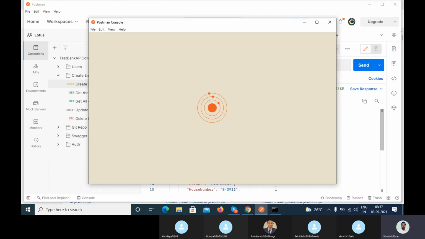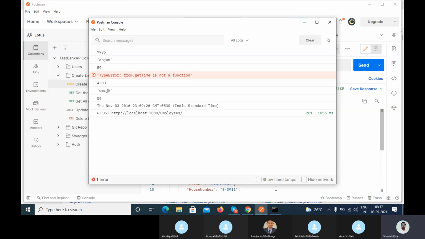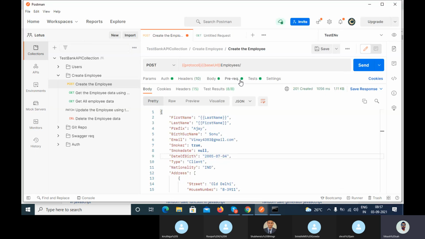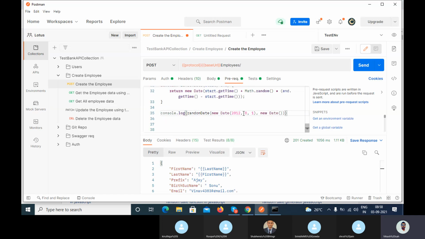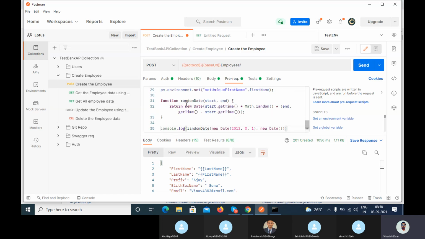So like that, you have to do some R&D on that. You have to spend some time to find the accurate solution. Okay, so you can see it here, November 3 2026. You will get the random date. Here you can see. So basically it's the